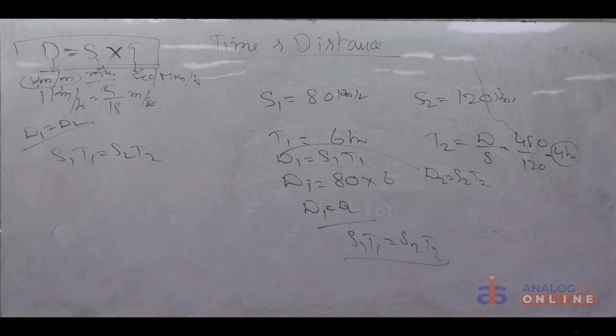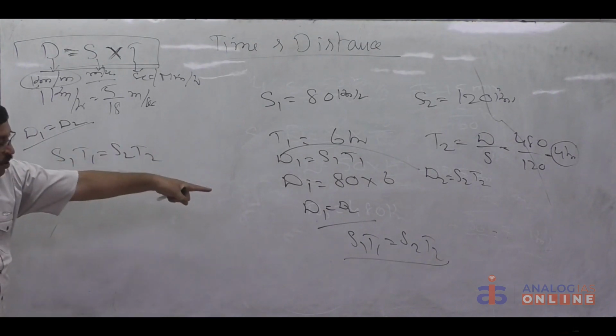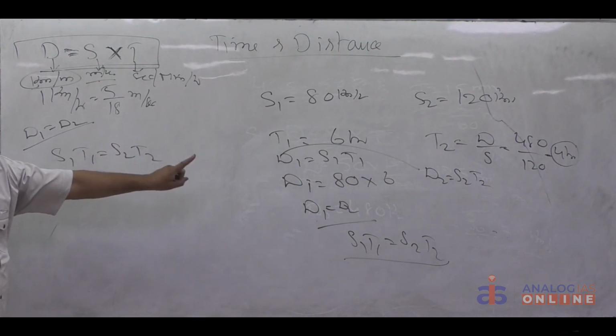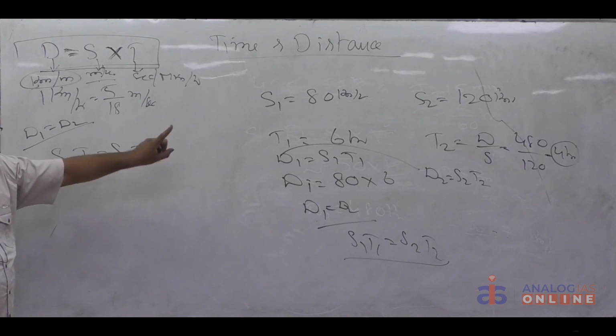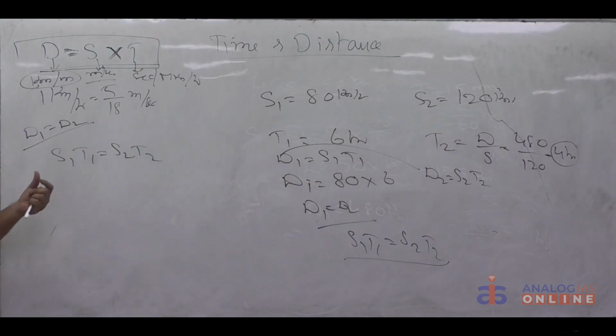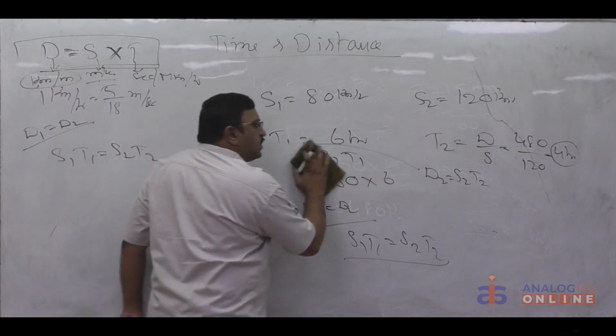If they are same distance, D1 is equal to D2, then definitely without finding the distance, how much is the distance here? 480 kilometers. No need to find out that one. Directly you can say S1 T1 is equal to S2 T2. Now here in this information, no need to worry about